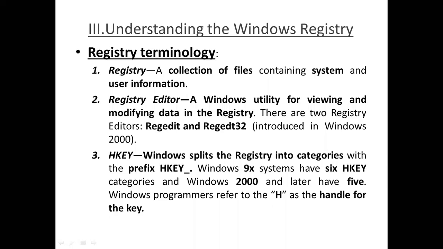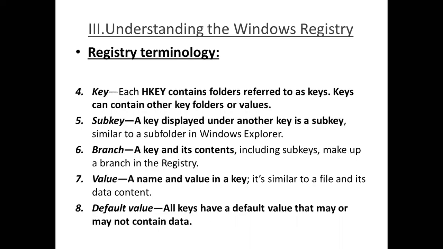And then the third point is the HKey. So what is HKey? It's a handle used in the registry. You have a key, and the key contains folders, and the folders will contain values. So generally every registry will have a key that refers to folders, and the folders will contain many values. To handle those keys, you have this HKey. That is the idea behind HKey. It's a handle for the key.